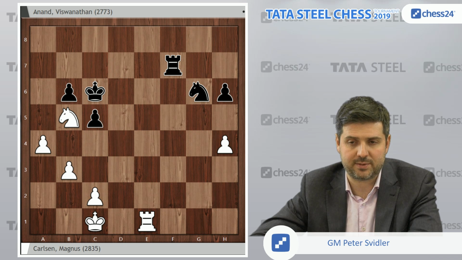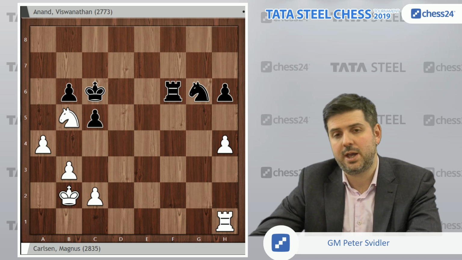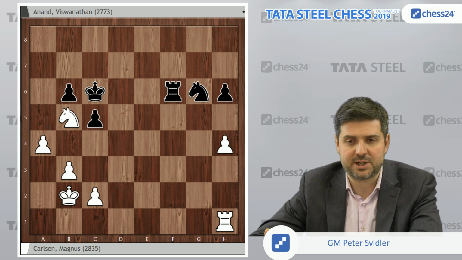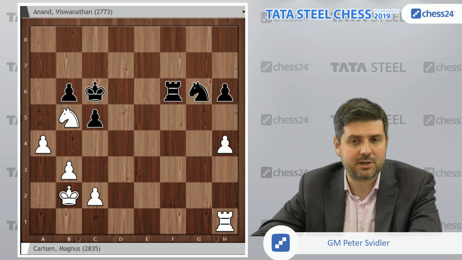So you play rook f6 first, let's say, rook f6, king b2, king c6. And once again, it looks like white has an extra pawn for not very much, but the machine just utterly fails to find any way for white to